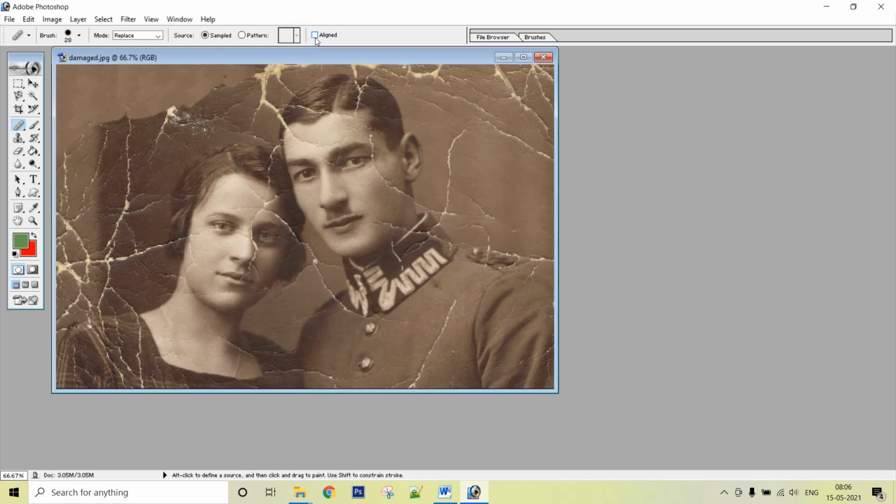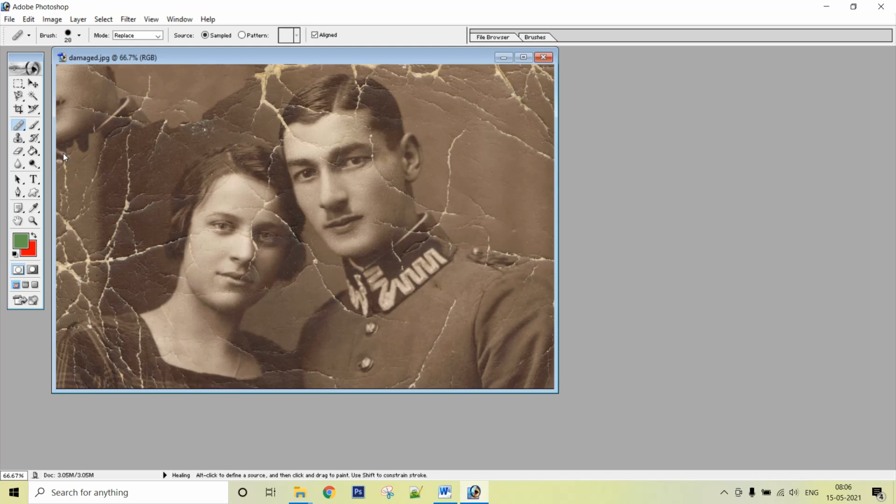Now here if I use the non-aligned and I again press the Alt key and select the option, you can see that as I am clicking the plus sign, it is showing me from where I am getting that particular option.